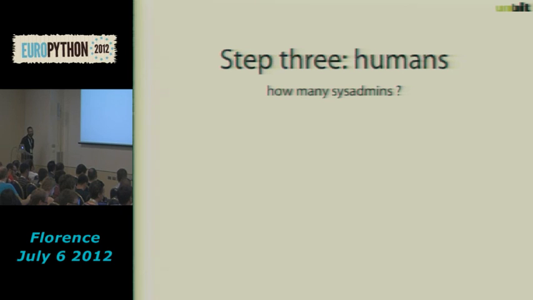The last step, humans. How many sysadmins do you have? This is not related to how many applications you can deploy based on how many humans you have in your structure, but is related to how many docs, or how much skill you have to distribute to your sysadmins. Your objective is that all of your sysadmins must have the same skill and must know the infrastructure of your massive architecture.